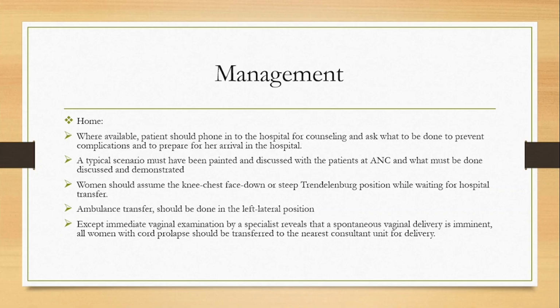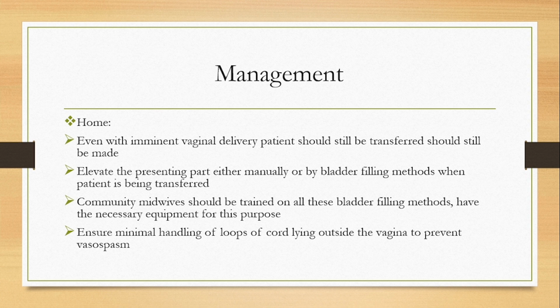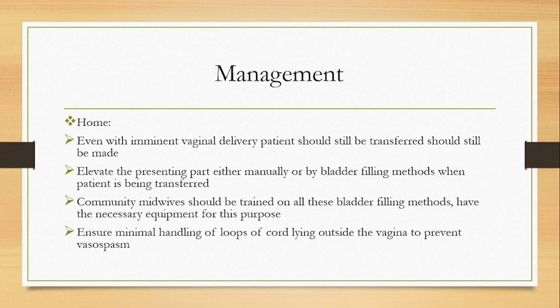The patient must be in knee chest position commonly. That way, the baby or the presenting part is retracted up, and that prevents compression on the cord, and there won't be a problem. An ambulance must be immediately ordered for, and the patient transferred to the hospital. Even with imminent vaginal delivery at home, the patient should still be transferred